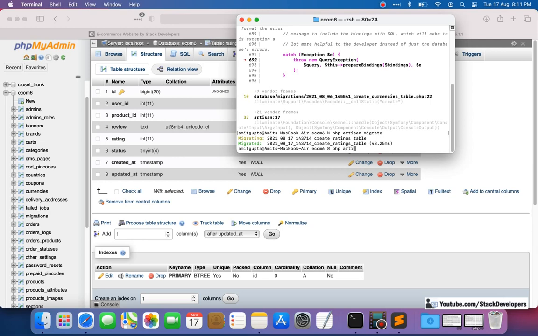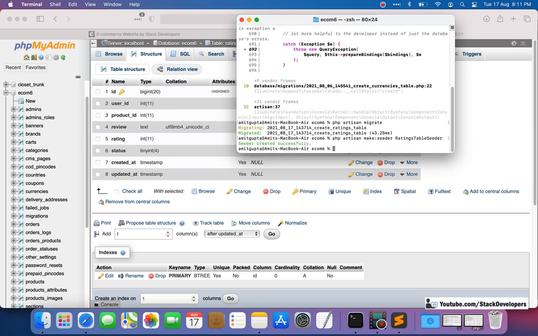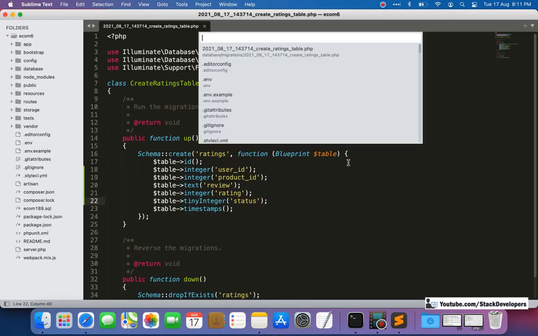php artisan make:seeder. Like we used to create the migration file, this is the same way: php artisan make:seeder, and the name of the file we can make RatingsTableSeeder. Okay, so we can create this name, RatingsTableSeeder. Now we can open this file.